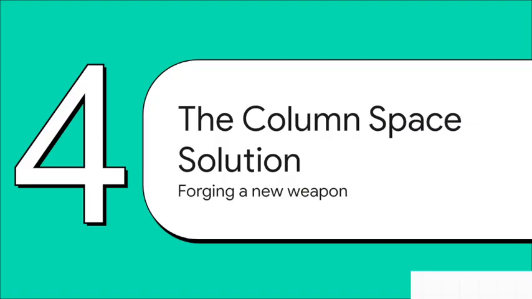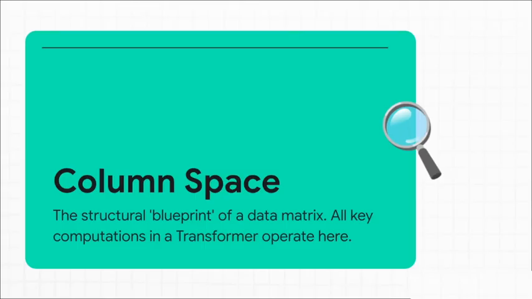So, if compressing individual values fails so badly, what's the alternative? Well, the breakthrough comes from a really clever shift in perspective. Stop thinking about individual numbers and start thinking about the underlying structure of the data. The key insight here is that you have to preserve what's called the column space of the data. The best way to think about it is like the structural scaffolding for all the information.